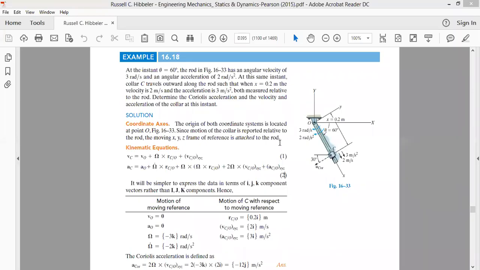Last time we were discussing the velocity and acceleration relations for a rigid body when viewed from two different frames of reference. One frame of reference was the ground frame of reference, and the other was a moving frame of reference with respect to the ground. As far as the formulas we discussed yesterday were concerned,